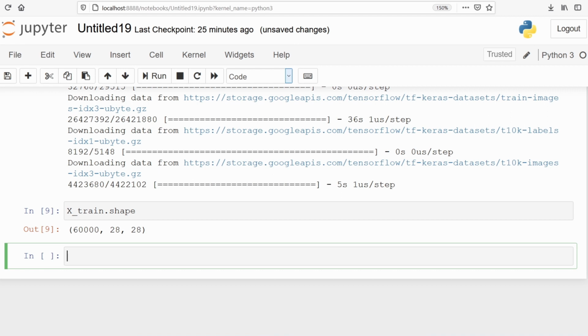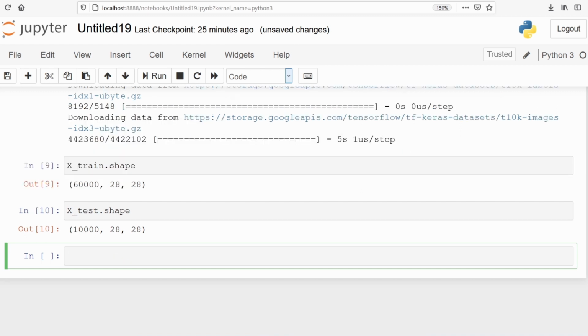In xtrain, we have 60,000 samples which are images, and each image has 28 by 28 size. You can also check in xtest. In our test dataset, we have only 10,000 samples, that is 10,000 images of 28 by 28 size.